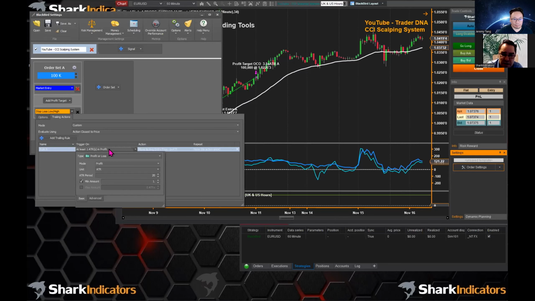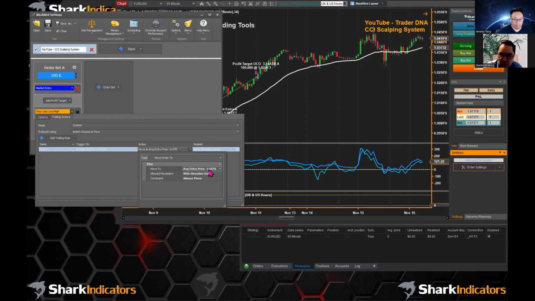Let's also make some other adjustments here. I know we're making a lot of adjustments without doing proper iteration, but let's wait for 2 ATRs of profit. We still have that 1 ATR offset for that. But let's go and create the trailing rule here. So this will be our trailer, that'll be our trailing there.